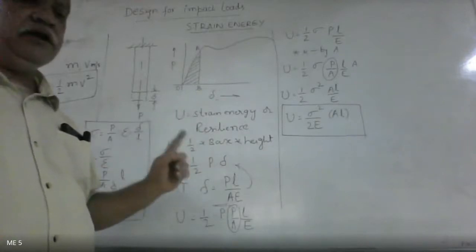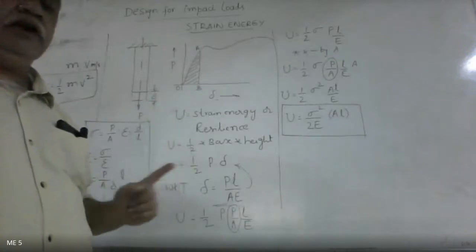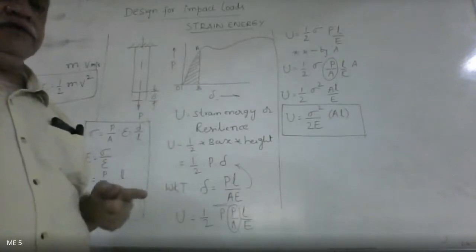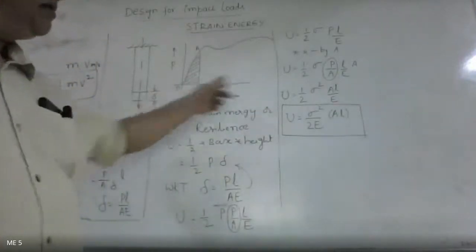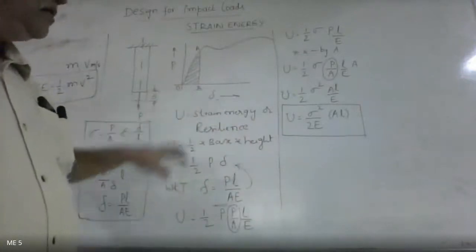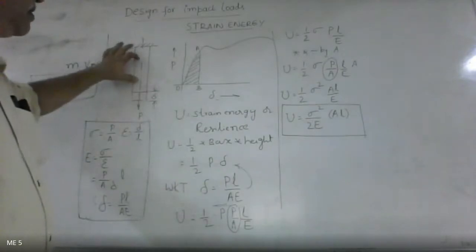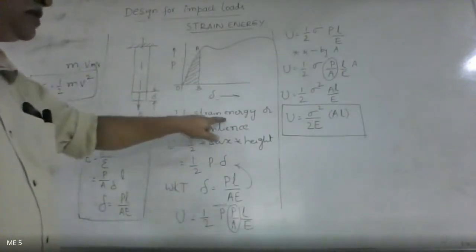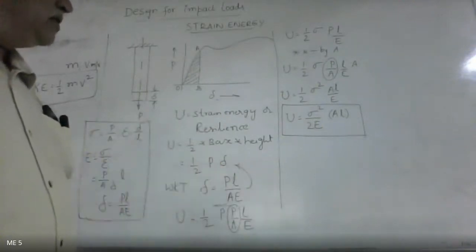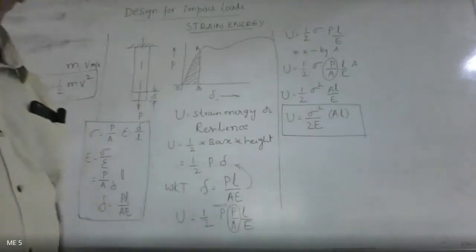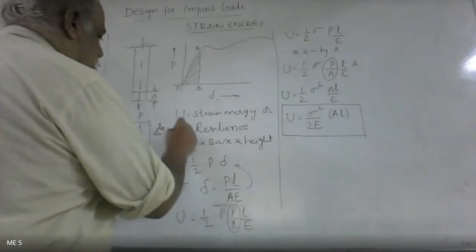Please understand this strain energy very well, because the same concept is highly used in the finite element methods in your next semester when you study the subject. Strain energy is the most basic part you should know. So here you need to understand what is strain energy properly. It is the energy stored in the bar because of the applied load and is called strain energy denoted by U. And it is given by area under the triangle OAB.